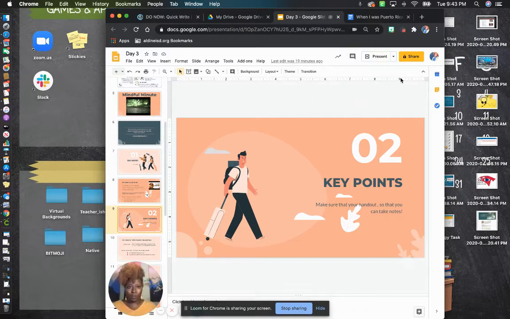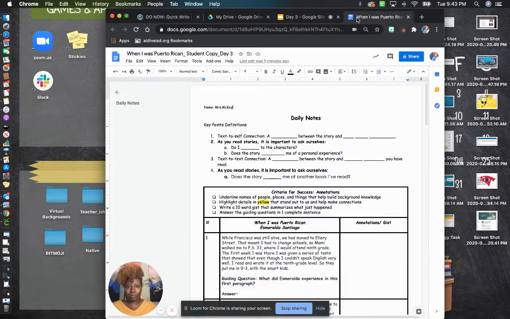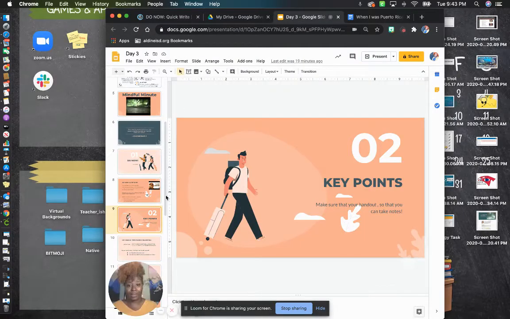Okay, so I'm not sure if it's showing both screens, so we're just going to go from this. We're going to toggle back and forth. Okay, these are our notes for "When I Was Puerto Rican," and we're going to go to our key points.